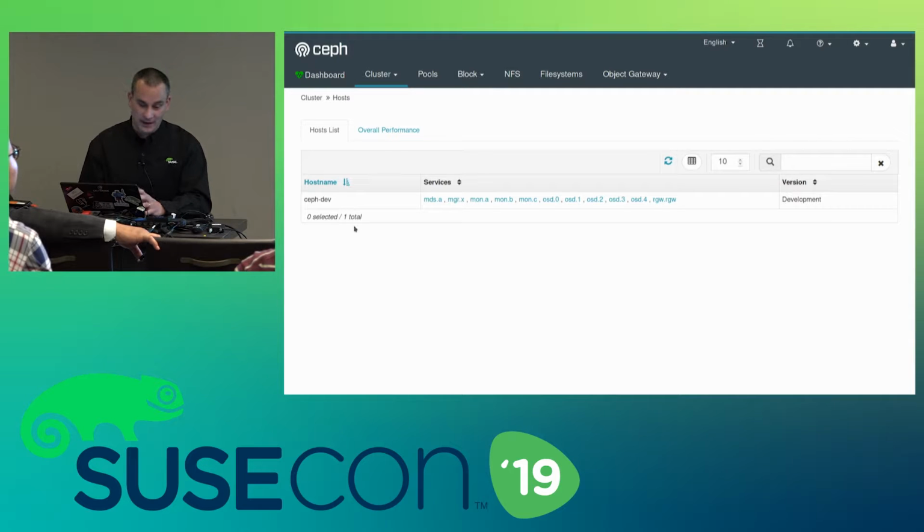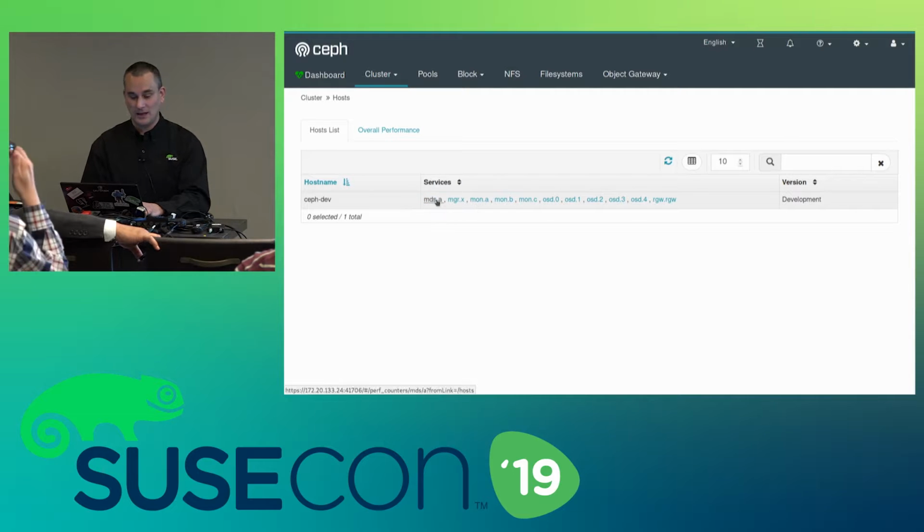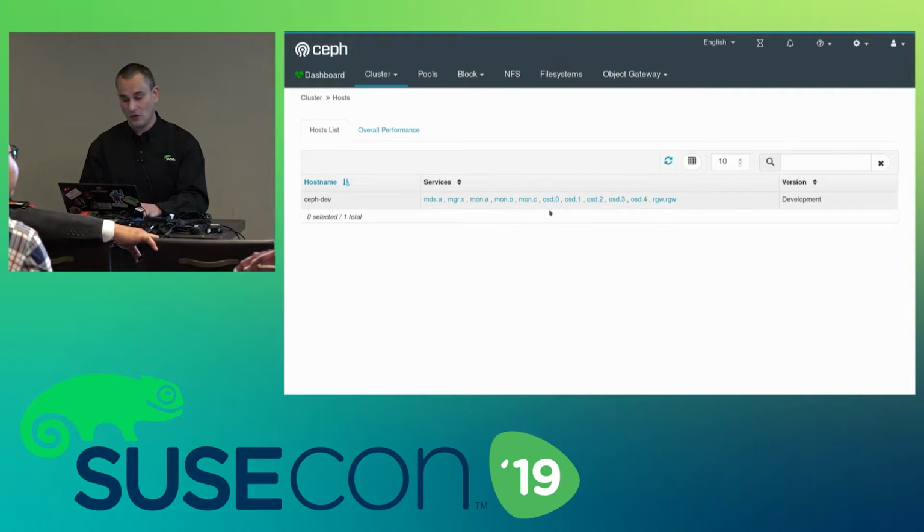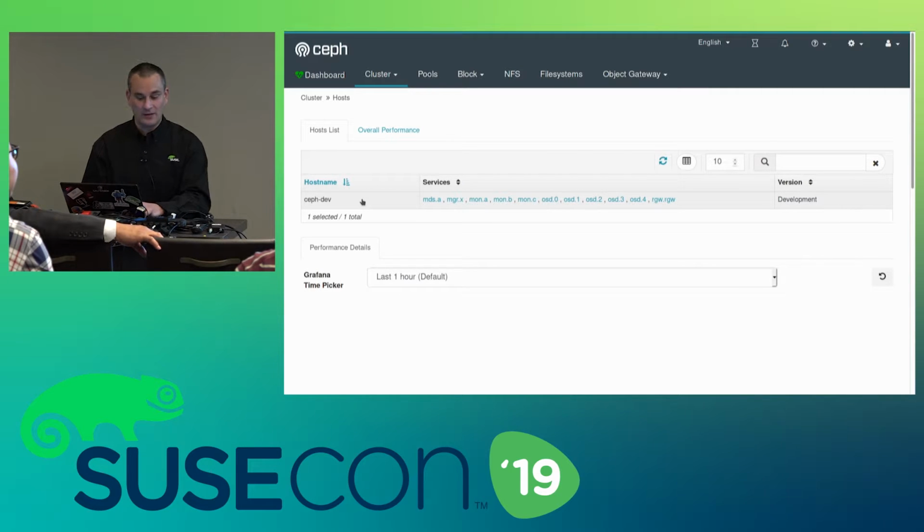Hosts, as the name implies, gives you a list of all the servers that your Ceph cluster consists of. In this demo environment, there's just a single host running all of the services like the MDS, the metadata server for CephFS, the Mons, or the OSD. So it isn't that impressive, but if I click on that particular host,